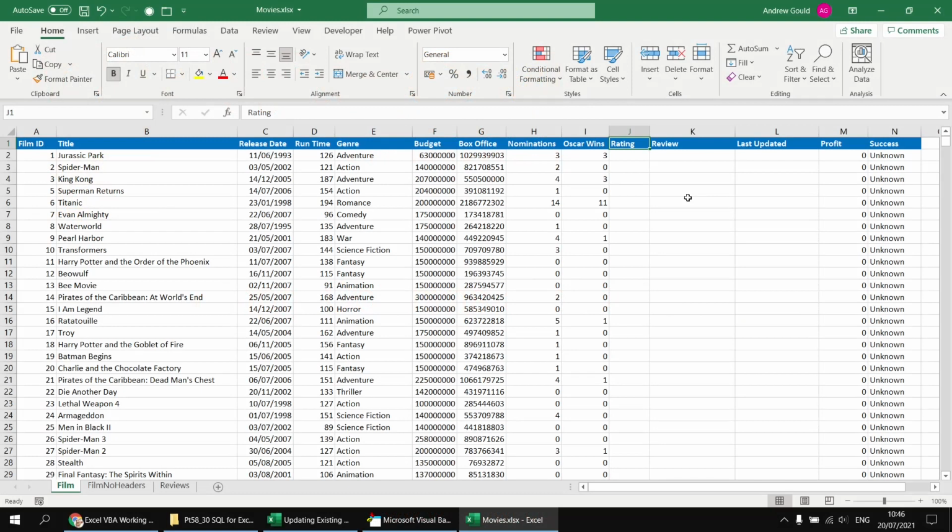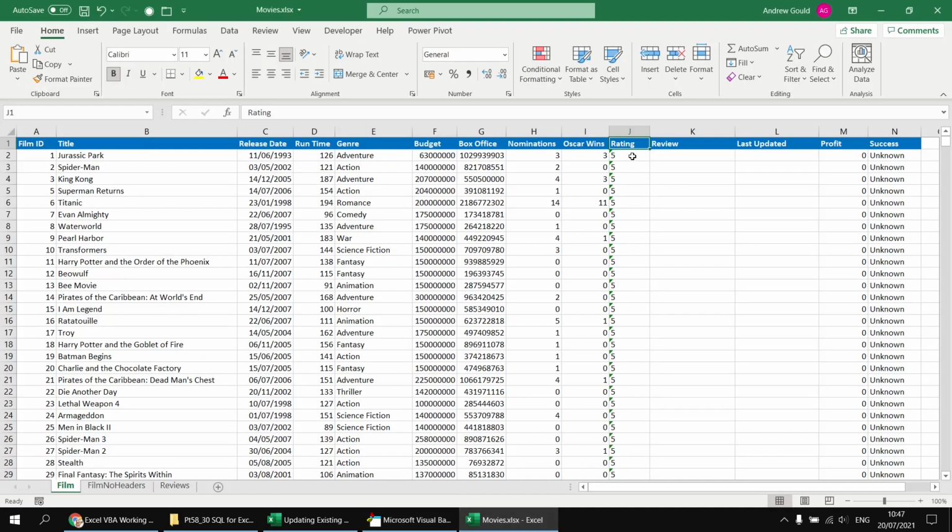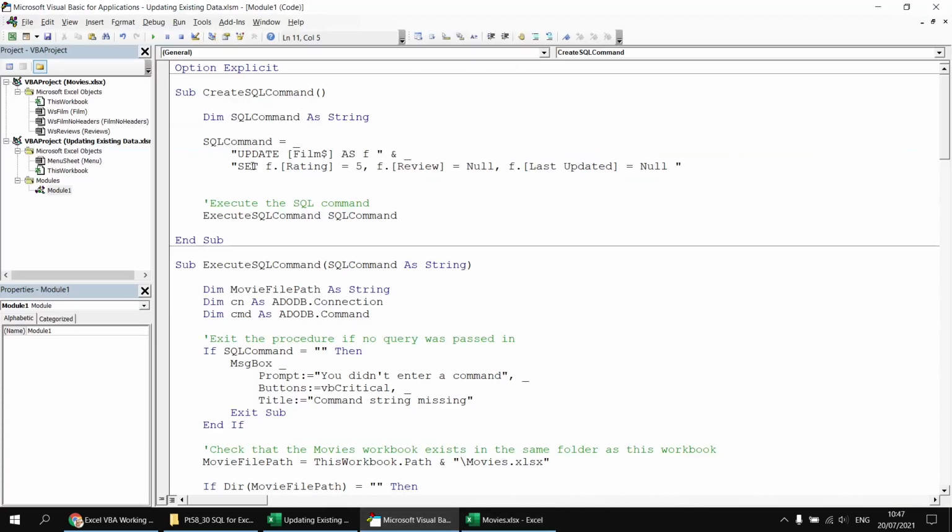If you attempt to assign a value to an empty column, you may find that the data type isn't detected correctly. Let's head back to the Visual Basic Editor and let's try to assign a number again to the rating column. So let's go back to the number 5. If I execute that subroutine and just wait for it to finish, it might even be quicker to close down the workbook and reopen it, you might find that when you get back to that column, rather than entering the value as a number, Excel detects this as a number formatted as text. I'm going to go back to the Visual Basic Editor and I'll set that back to null